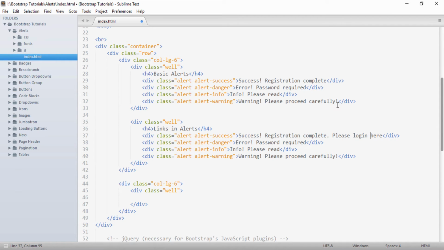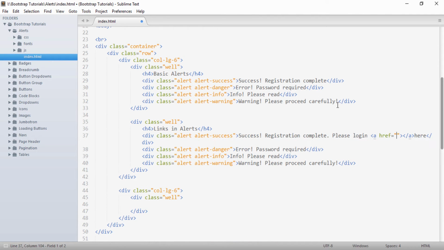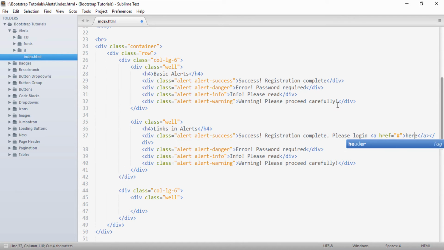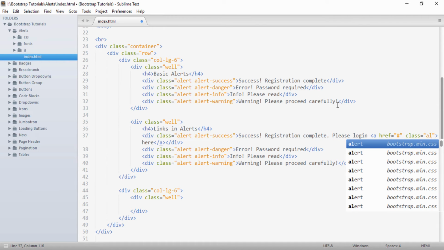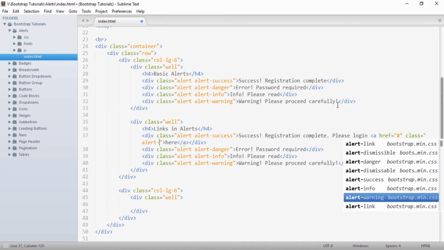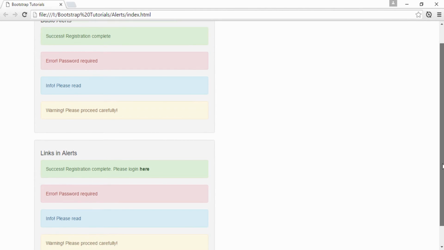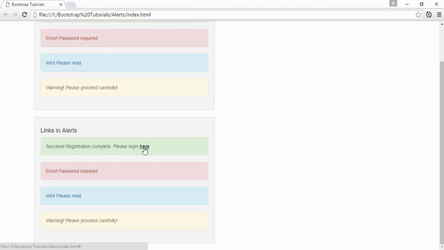So what I will do, I will create an anchor around it and put this here inside the anchor tag and provide it a class, say alert-link. And if I save it and go to the browser, you can see here that it comes as a link, so we can show links in alerts.